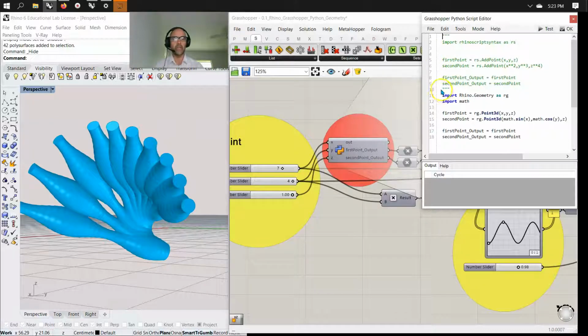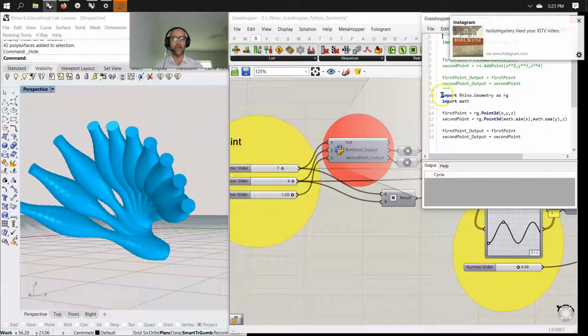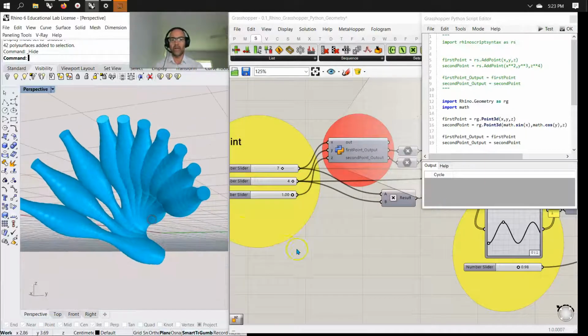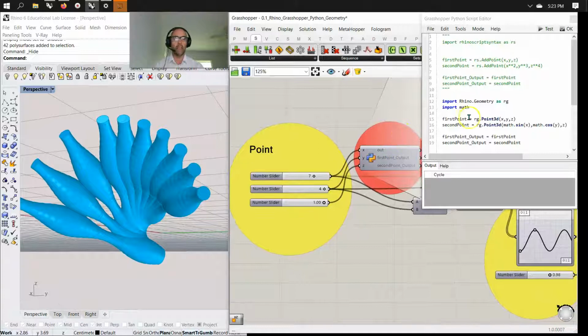I'm trying to make a transition of myself and my mind jumping over to Rhino geometry as RG or any namespace within Rhino developer, which you can see online. Pretty simple script here. I am also going to import Rhino geometry as RG and import math, and I'm going to try and incorporate that in the script a little bit. And whether I do that before the Rhino component or after it in Grasshopper, you'll see how I apply it into the script. The form there is actually driven by